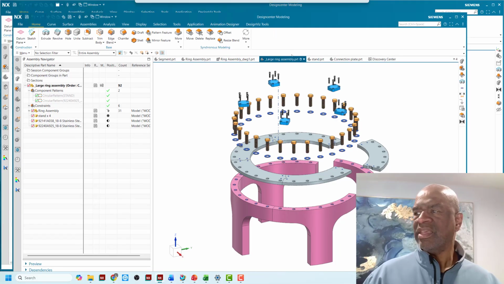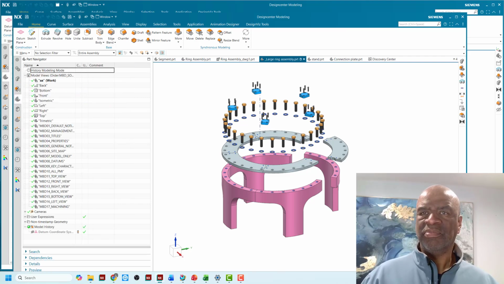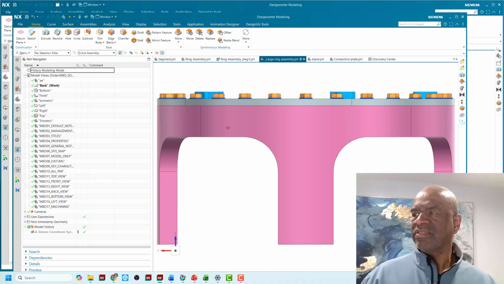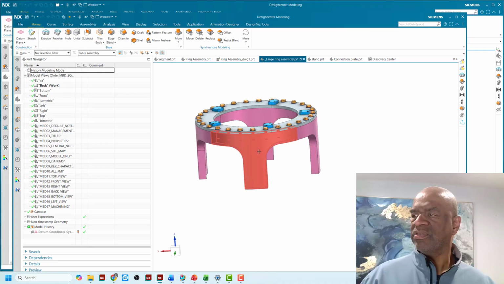So as you can see here, here's my final assembly, and the assembly when put together looks like this. It's got these ring sections. It's got these plates that hold the rings together. It's got these bolts that are bolted into these four